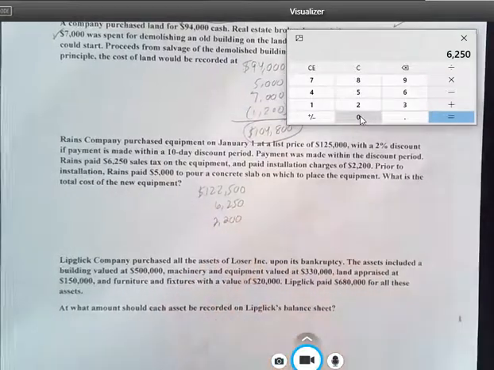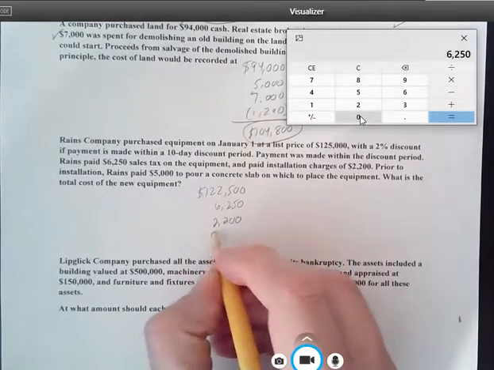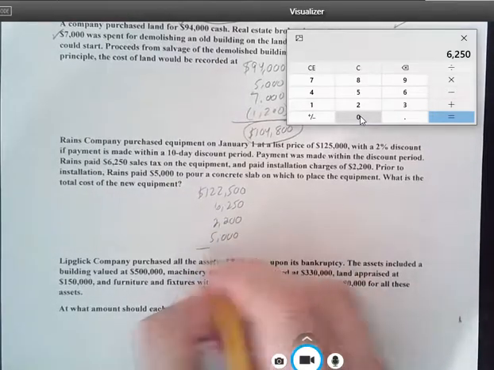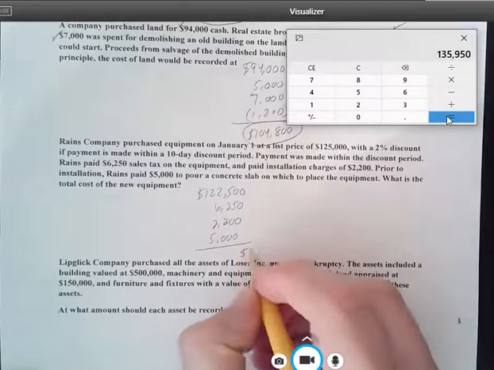Now, what do we do with the $5,000 to pour the concrete slab? We are going to actually include that, and the reason we're going to include that is because if we had not purchased the equipment, we would have never incurred that cost. So the $2,200 is for the installation charges, and we're going to add the $5,000 pouring the concrete. That gives us a final basis in the property or the equipment of